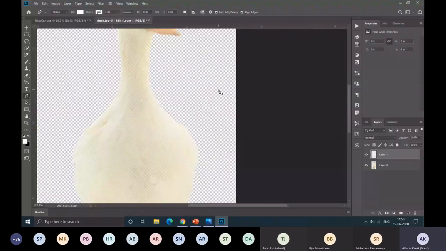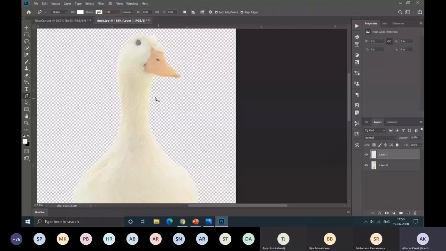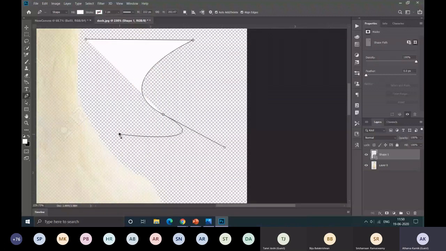You just have to select one point. If you add another point, it will just join it in a straight line. If you add another point and drag the cursor like this, it will add a curvature here. And wherever you place the cursor at the end, the next curvature will be in this direction. So suppose I place the cursor here, you'll see the change. If I place this point here, you can see that the curve has gone towards the previous curve direction here, and then come to this point.